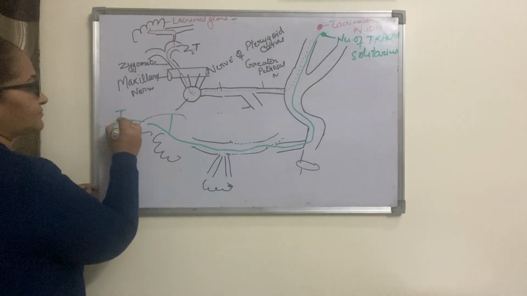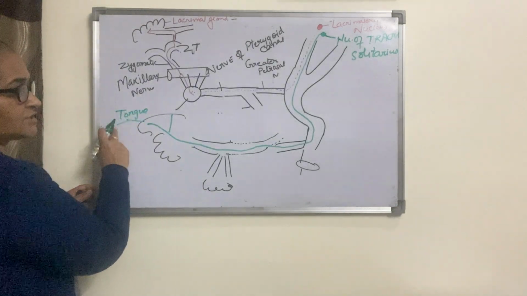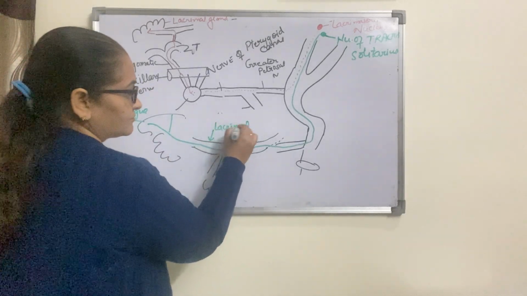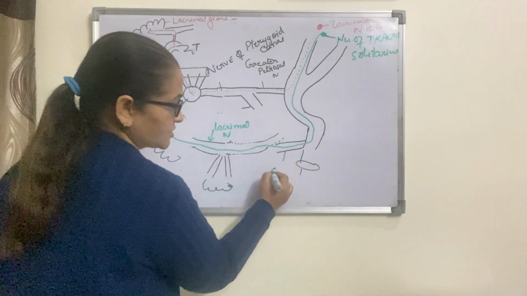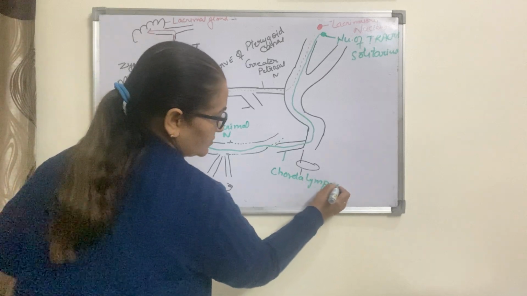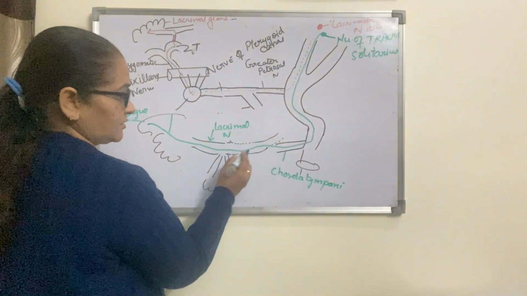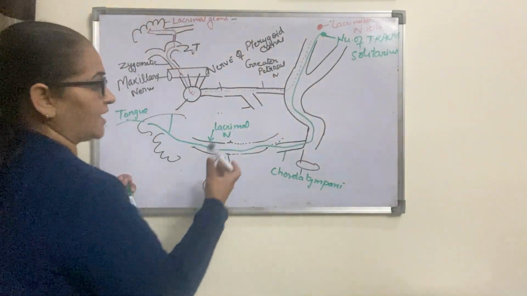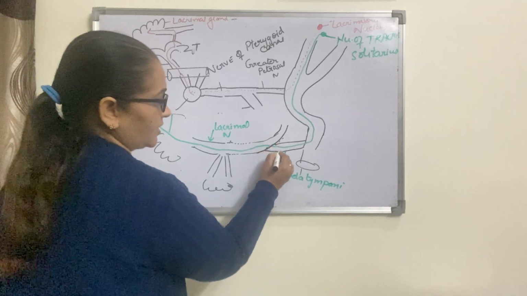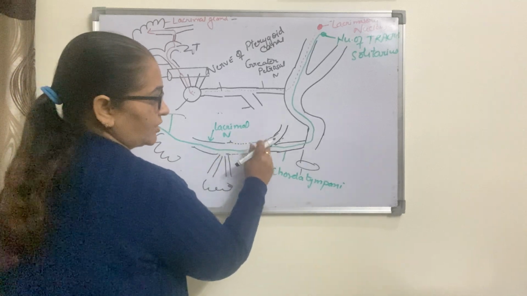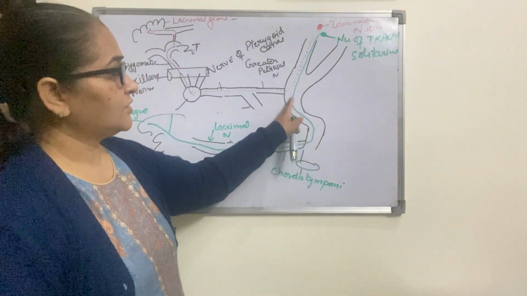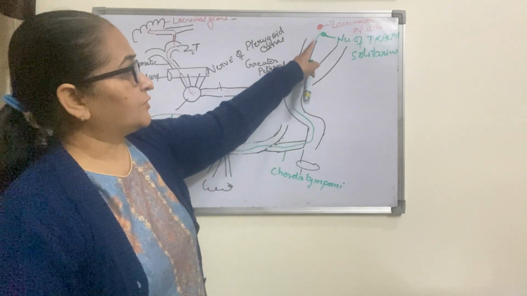So this is tongue. The fibers go through the lingual nerve. So this is lingual nerve. Which is this nerve? This is chorda tympani. So initially the fibers enter the lingual nerve, which has communication with this chorda tympani. The fibers enter the chorda tympani. And from this chorda tympani, the fibers enter the main facial nerve, reach here, then they go to the nucleus